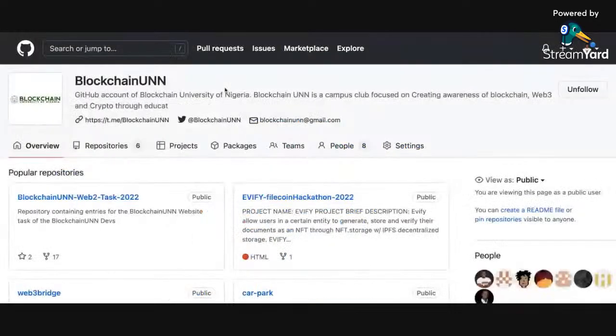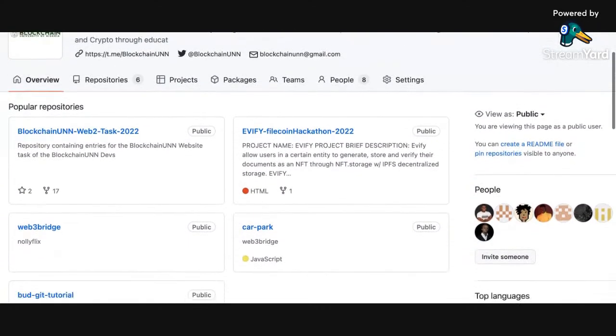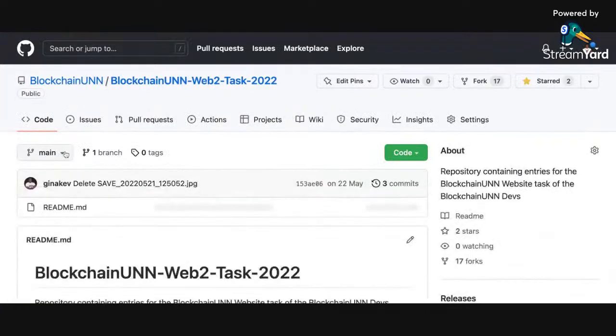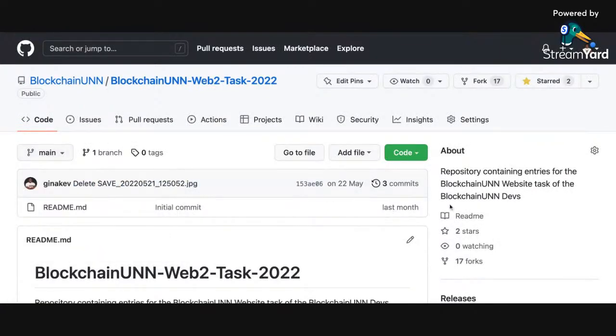I just wanted to show you how a GitHub account looks. In case you have a GitHub account and you're confused about everything, this at least should clear your doubts to an extent. First, when you go to your GitHub account, you have the repositories, or they will ask you to create a repository. If your account is empty right now, you'll be asked to create a repository. And when you go to the repository, you can see this one just has one branch. And any commit you are doing is being sent to this main branch.